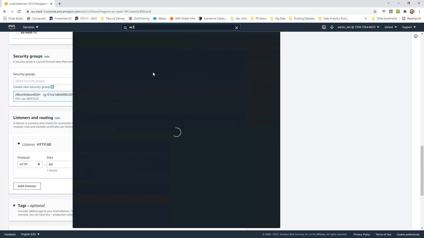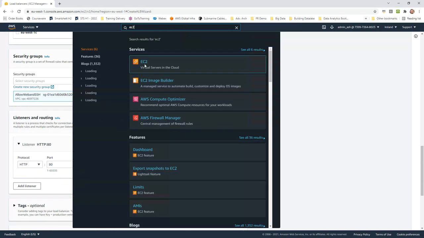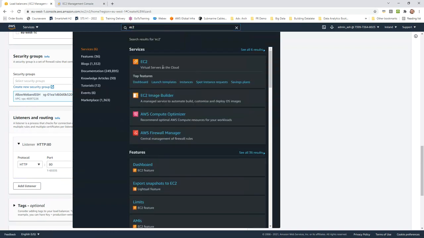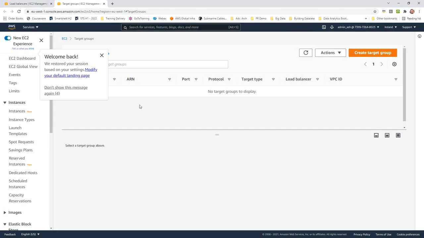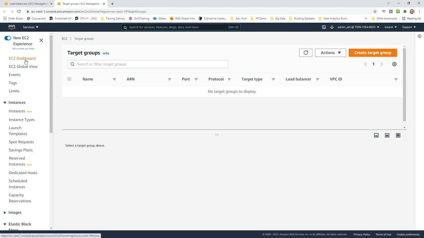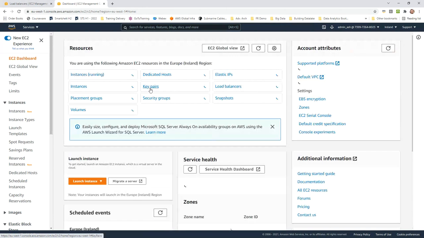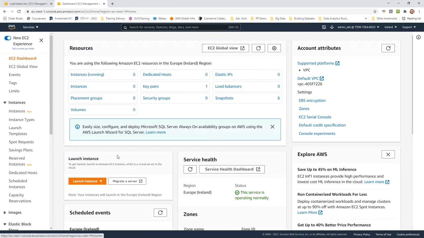Now, to take a little tangent, what I'm doing, I'm going to deploy a small EC2 machine on which I would host a small Node.js application, an API, which I would access using a load balancer. So I'll quickly go ahead and deploy a small EC2 machine and get started from there. So let's go ahead to the EC2 dashboard and create an EC2 machine. And this EC2 machine, I will make part of my load balancer's target group.